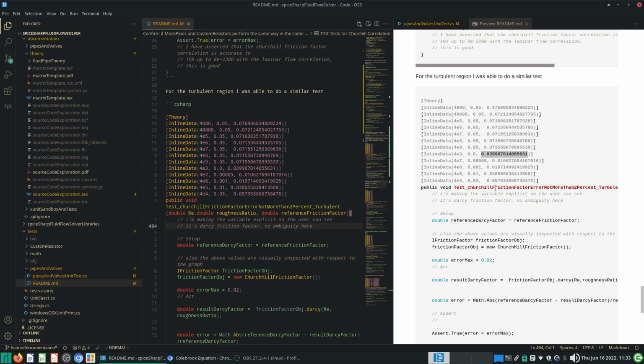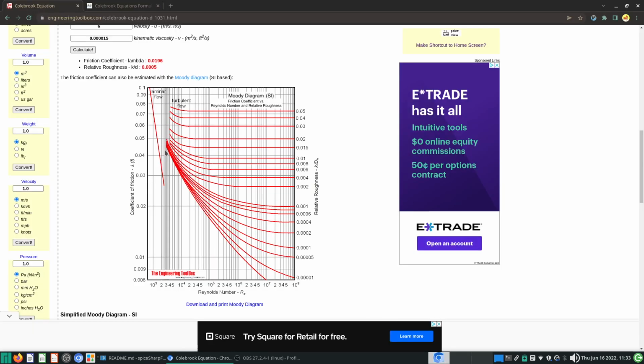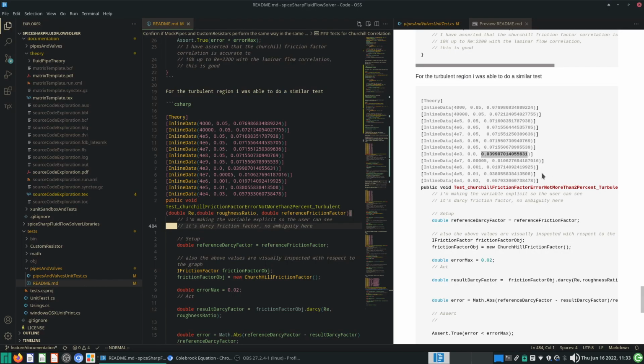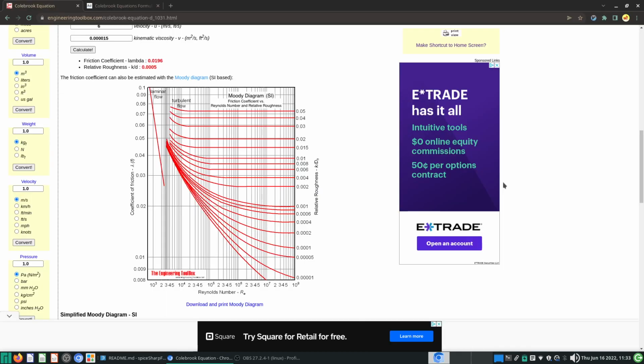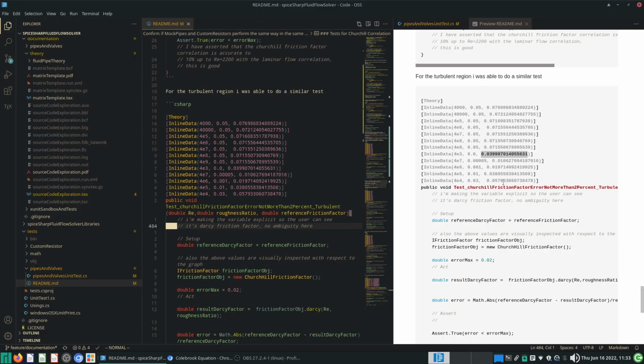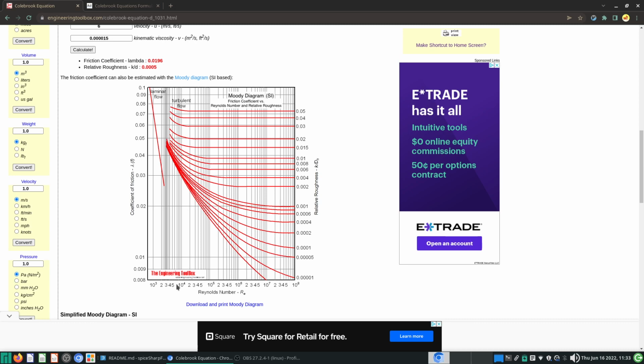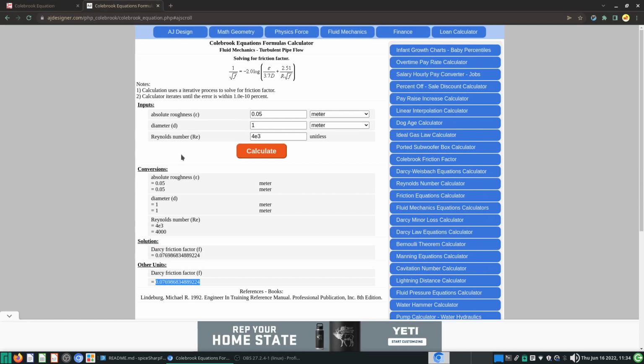And then the friction factor here is maybe 0.04. Okay, so this is a smooth pipe. Okay, smooth pipe. So this one is saying what, 0.039 or something like that. Okay, and a Reynolds number of 4000. So again, very hard because in the transition region it's very difficult to see anything, but yeah, okay, let's put